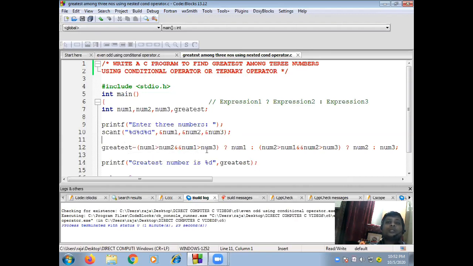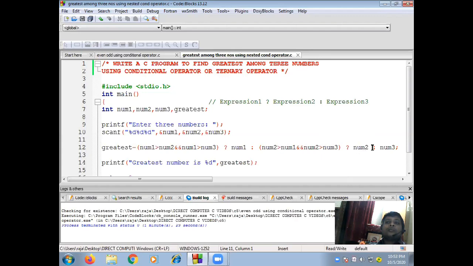If this condition is false, it will go to after colon part. This is the false part for this condition or expression. So here in false part, there is another expression or condition. You can see, if number 2 greater than number 1, and this is logical and, number 2 greater than number 3. If number 2 greater than number 1 and number 2 greater than number 3, obviously number 2 is greatest. Now see, after question mark there is another question mark. Clear? There is another question mark for this expression.